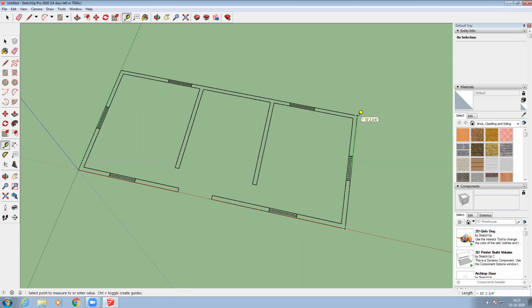See, it is showing about 10 feet. Previously it was only 1 feet. So the dimension changes according to the dimension we provided. For example, for this line, if I change the dimension, the whole diagram will automatically take the dimension.